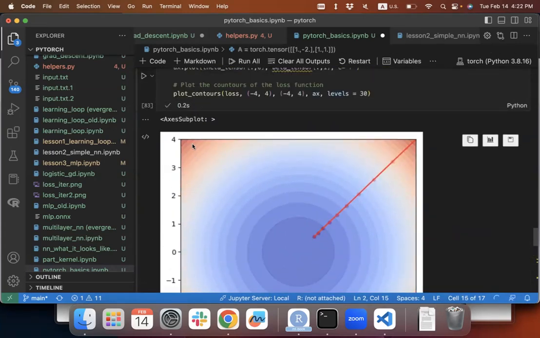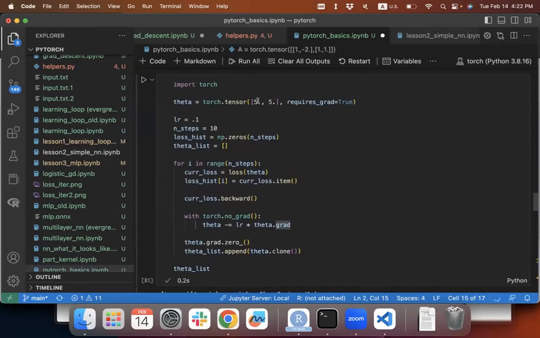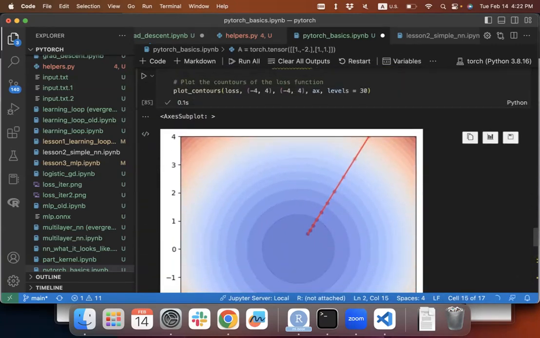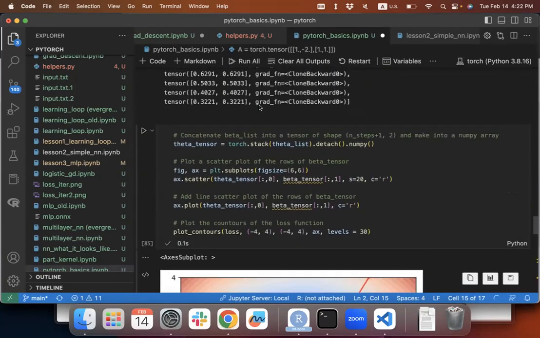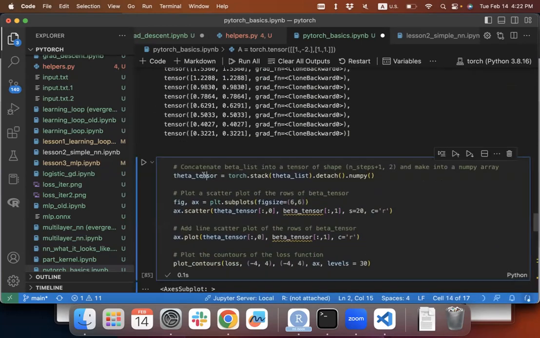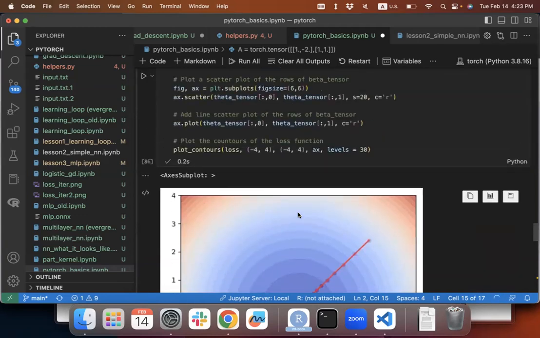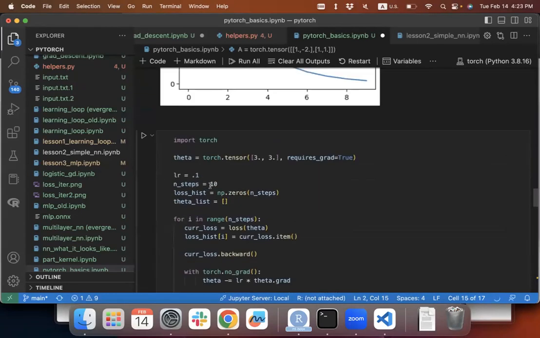Let's start from 3, for example. Okay, so we started at 3. That's the initial point, and then one step takes me here, another step takes me here, and so on, and we move towards the origin. So if I do more, like 50,